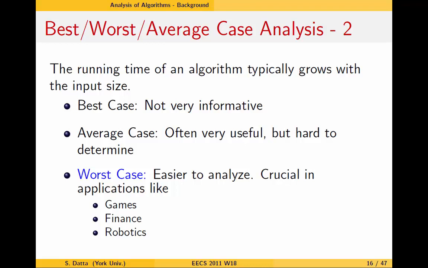The average case is good because I use my sorting algorithm 1,000 times a day, or my code uses it 1,000 times a day. On average, I see this amount of time for this function. That's good to know. The problem is it's hard to compute. Experimentally, if I'm evaluating something, I just add all the runtimes and I divide. That's fine. But